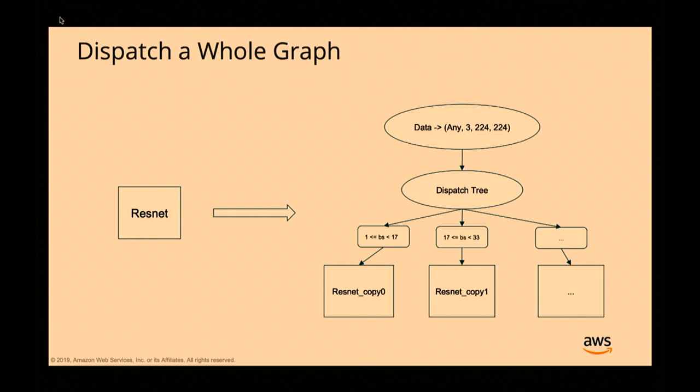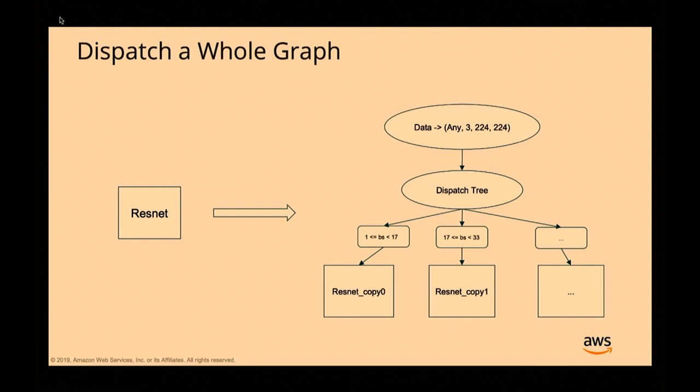For example, for ResNet in the dynamic batch scenario, we dispatch the input data depending on the input batch size, and for each bucket of batch sizes, we just copy ResNet. In this case we'll have, for example, 8 ResNet copies, and thanks to the functional programming nature of Relay, we can easily achieve this by sharing all the parameters, and the only thing we need to take care of is how we build the